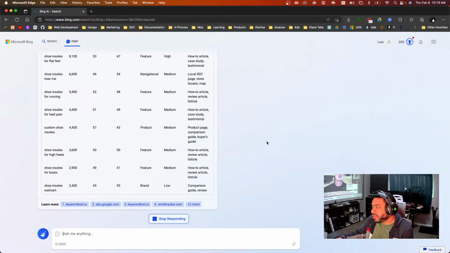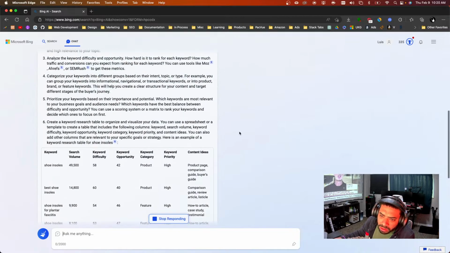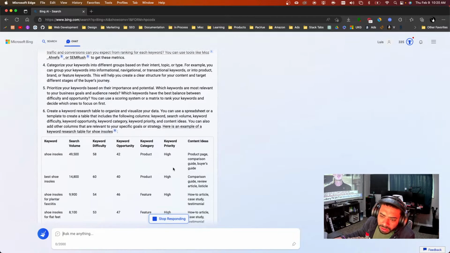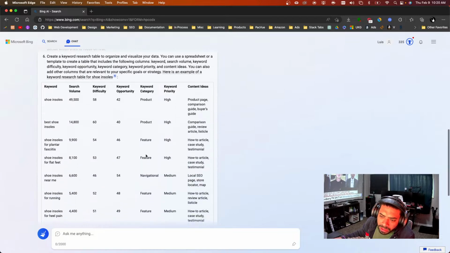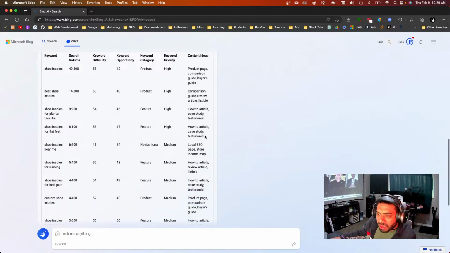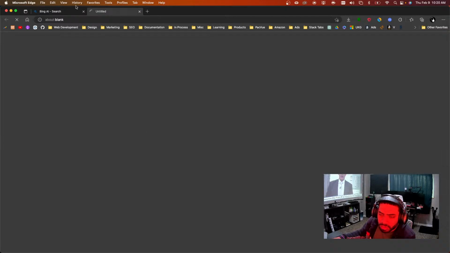So the big difference between ChatGPT and Bing definitely is the internet connection. Usually if you want to do something like this, you just have to get the data from the internet and apply it here and provide it to the chat. If you want to get data like search volume or other stuff, you can on ChatGPT, maybe with old data, but here it looks like you're getting data